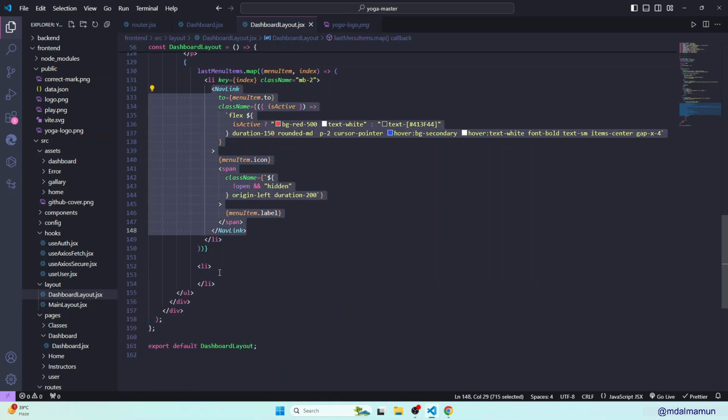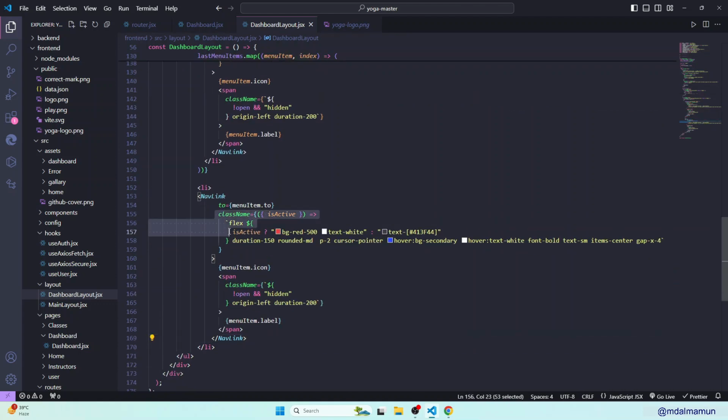We will have a nav link. We can just copy paste it. We'll have to change it. So the to will be, we don't have any to here actually. We will redirect to the home page. Redirect to the home page when someone clicks this